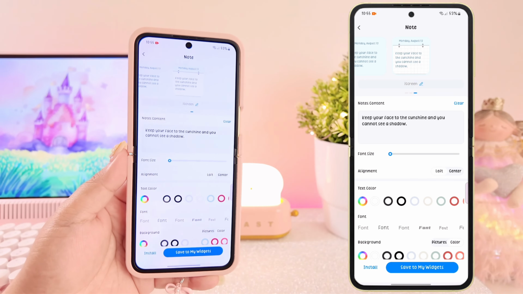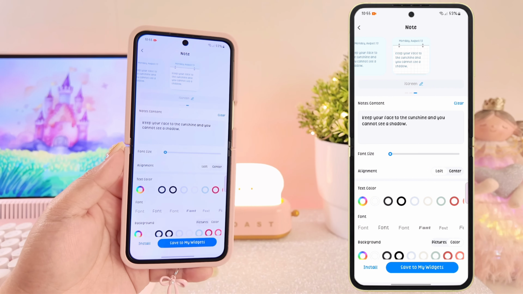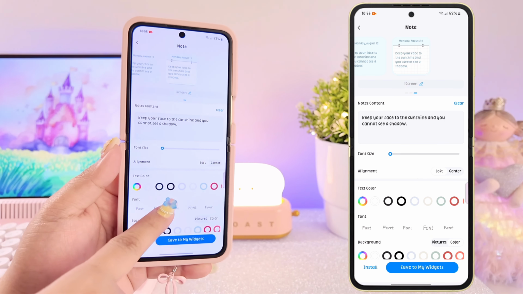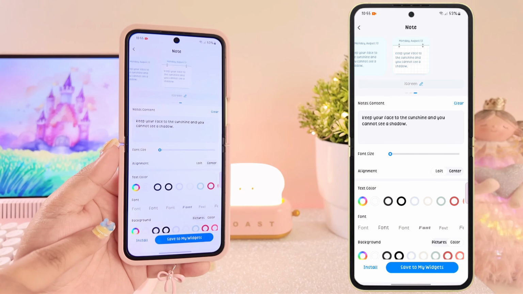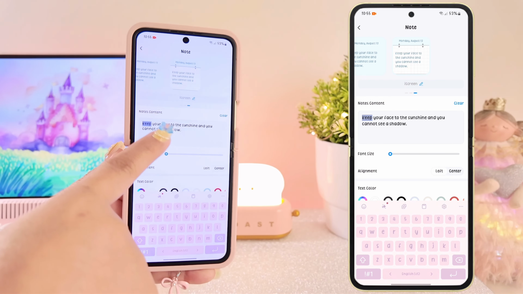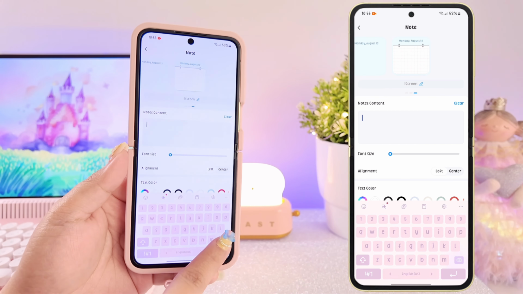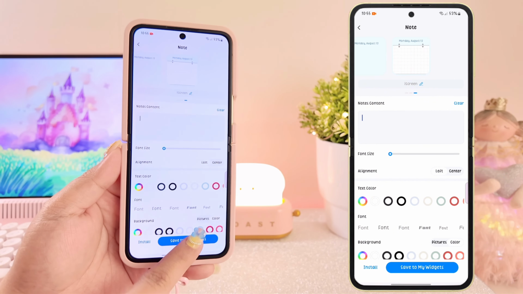And by the way guys, you can also pick some custom fonts here on iScreen, just in case you wanted to make use of some different fonts on your widget. So you can pick one from here, but since I'm already using a customized font, I don't need to pick anything from the fonts here on iScreen. So now that I'm happy with the widget, I'll just be deleting this text, and I'll click save to